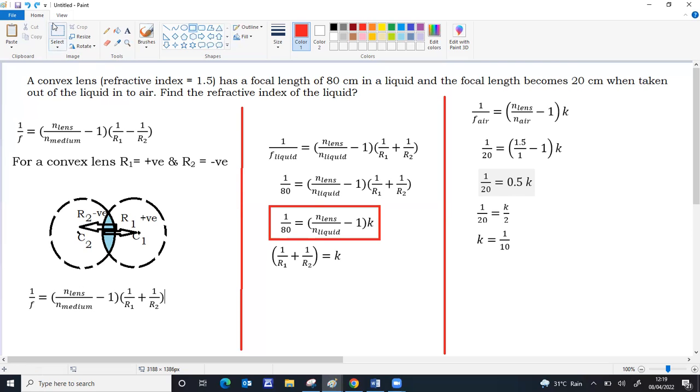1 by 80 equals n lens by n liquid minus 1, into K, which is 1 by 10. So 80 and 10 cancel, 8 will come. 1 by 8, take the 1 to the other side. 1 by 8 plus 1 is equal to n lens by n liquid. n lens is given 3 by 2. So 1 by 8 plus 1 is 8 plus 1, 9, so 9 by 8. n lens is 3 by 2 and the denominator is n liquid. So 8 and 2 get cancelled, 4, 9 and 3 get cancelled, 3. So if we cross multiply, n liquid will be equal